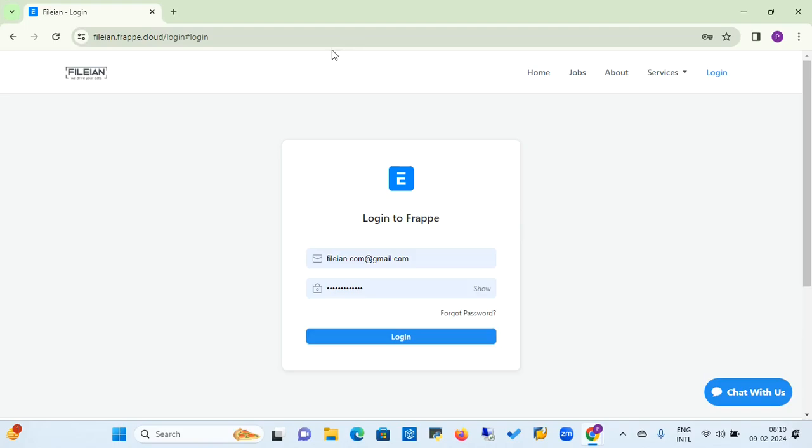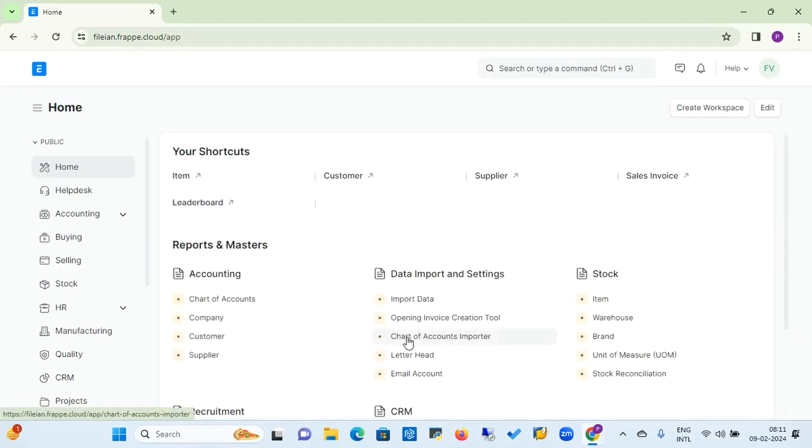So I have already opened my browser, and in my browser's web address I have entered my ERPNext URL, and I land on the login page. Now, by entering my username and password, I'm clicking on the login button. Once you are logged in, you will land on the home page of the ERPNext application,